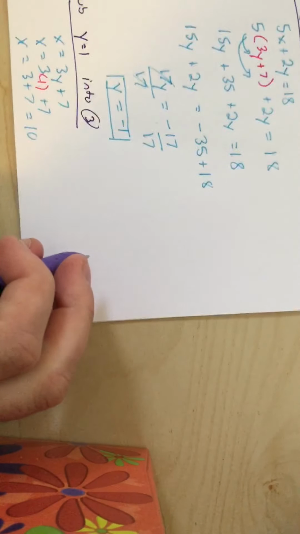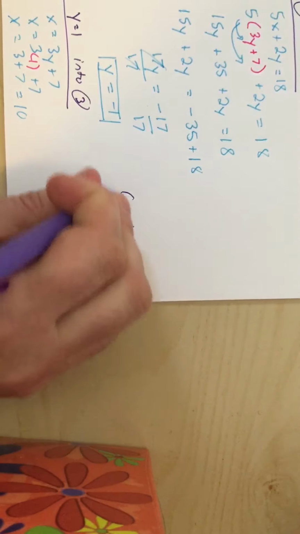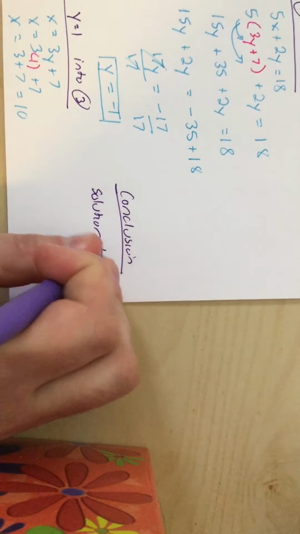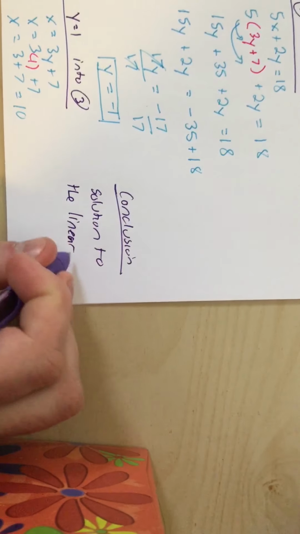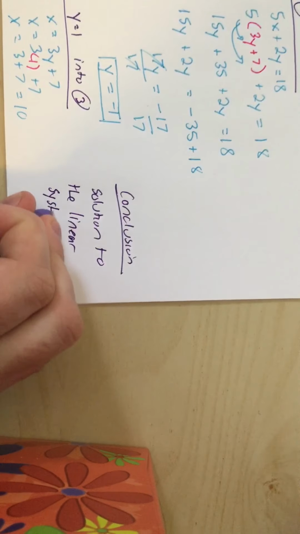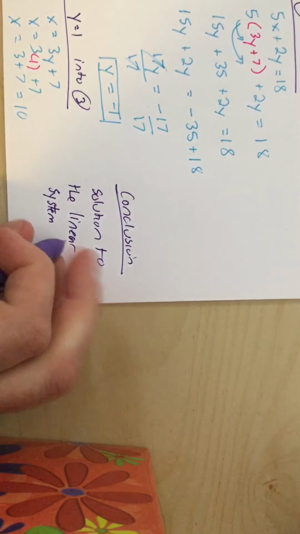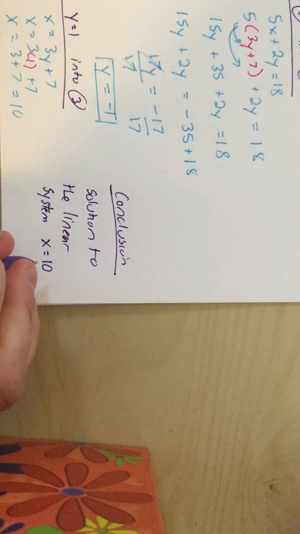And then what we have is the conclusion, the solution to the linear system, which again is the fancy name for having two equations. Technically, there could be quadratic systems, linear quadratic systems, and many other systems. In grade 10, we're only going to do linear systems. It doesn't matter too much. For now, just consider it to be two equations. So the solution to the linear system is x equals 10, and